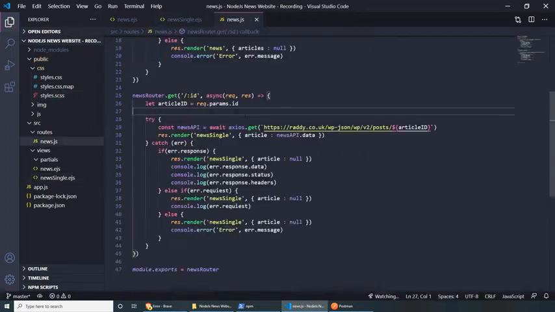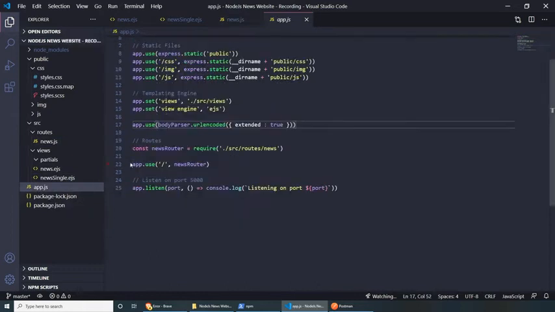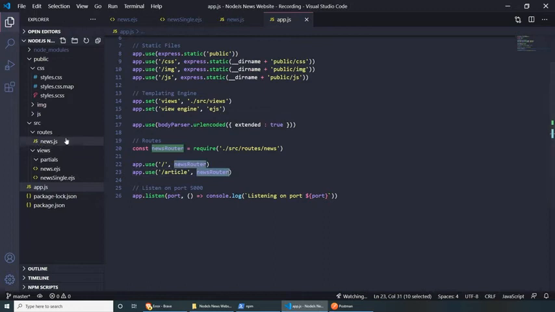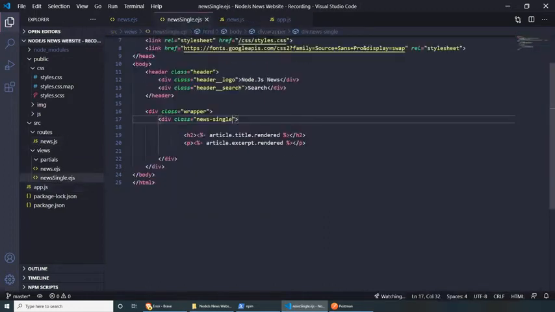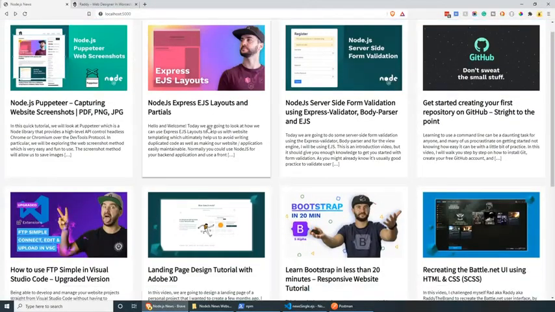Let's close this. And the last thing that we need to do is set a URL for this page. To do this, we can go back to app.js, and inside here, this is the front page technically speaking, so we can copy this, and we want to have an article one now. We can still use the same news router as we used above, just because they are all in the same page. And technically speaking, if we save everything, go back, refresh, and click on one of the links,